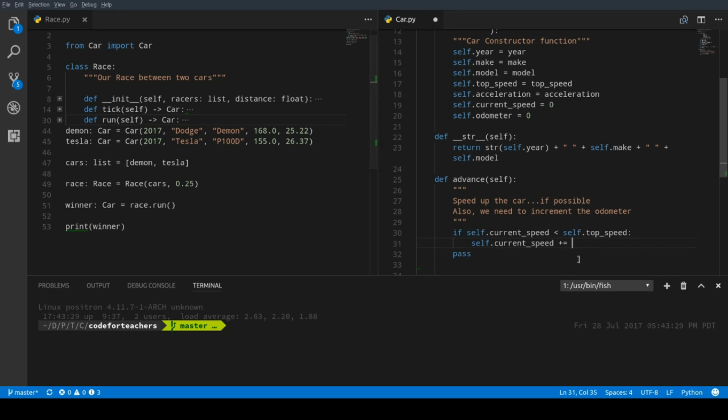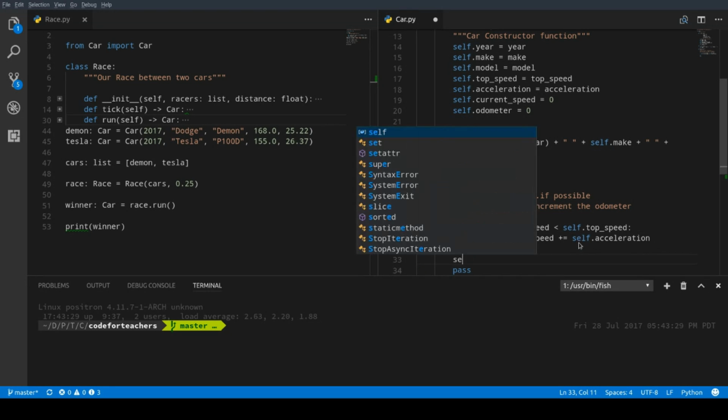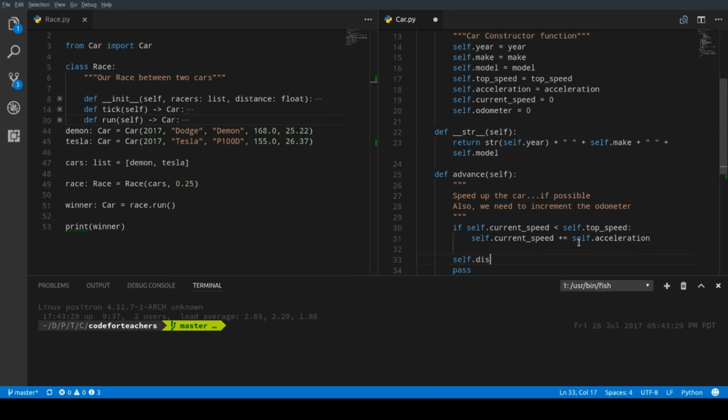Our acceleration is in miles per second. So self.current_speed is going to plus equal the acceleration rate, self.acceleration. Now, how do we do distance? Self.distance, or the odometer, is going to have its